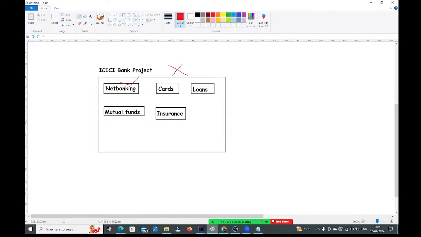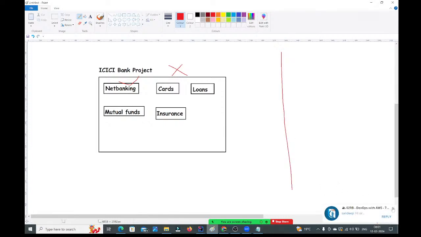Currently my application is running in the production environment. To fix that bug, I want to stop the application. Guys, tell me, where do we have the problem? In the net banking module. And here you are implementing all these modules in a single project. So then in that entire project,